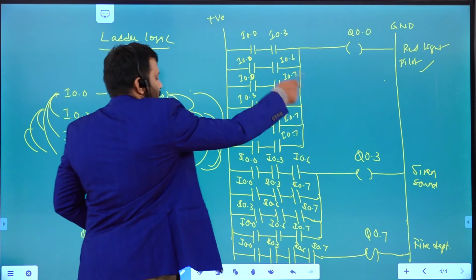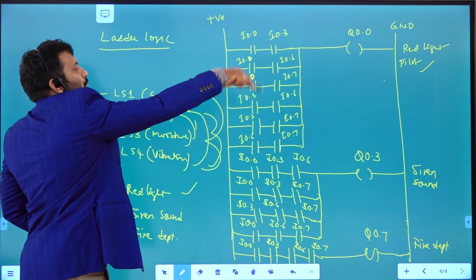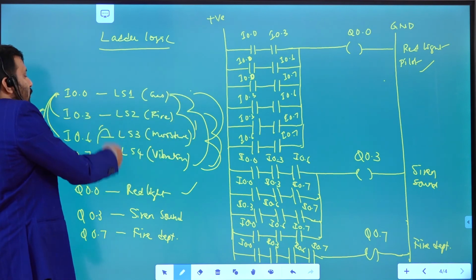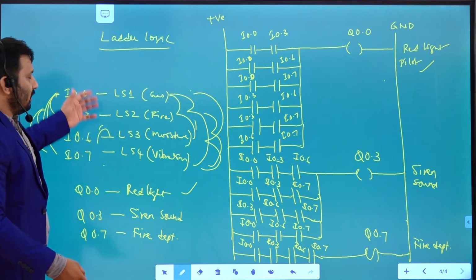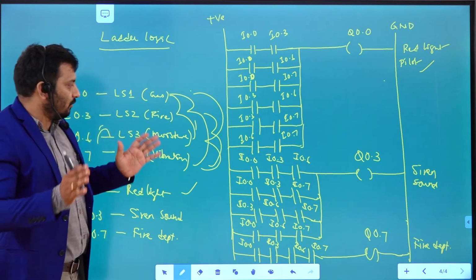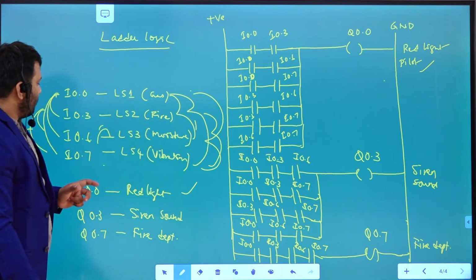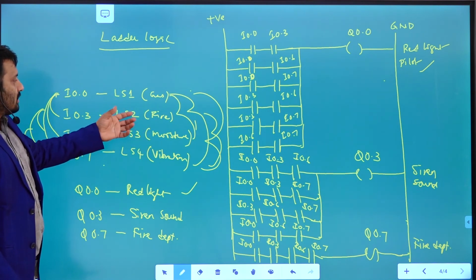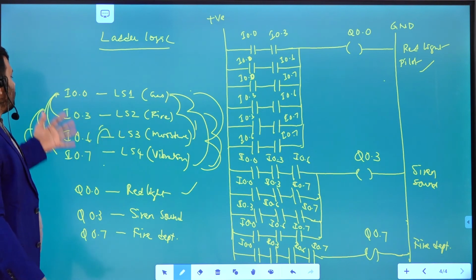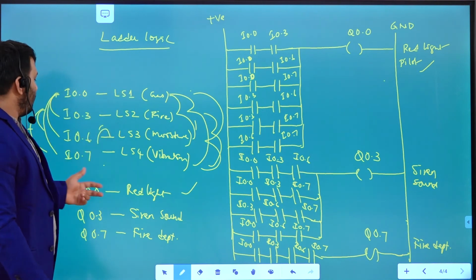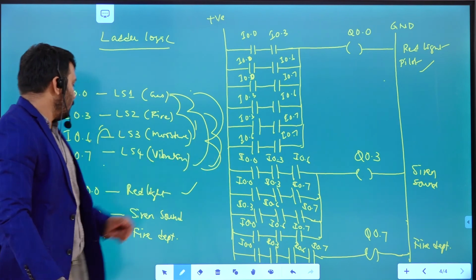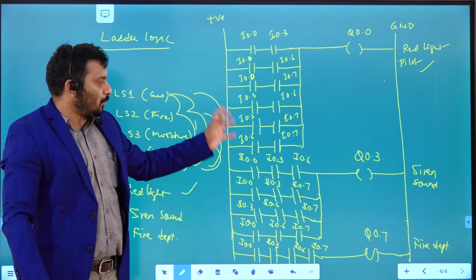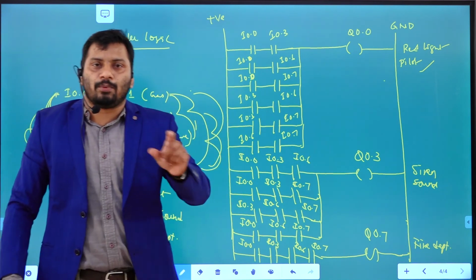This is the program of three rungs to activate the output device according to our input data. So my plan is like that. For that plan, I wrote the program like this, right? Just go through this particular combination. It's very simple, right? So you just practice here. How many combinations are possible with two input data and how many combinations are possible with three input data, that's the only key point to write this particular program according to our process control requirement, right?